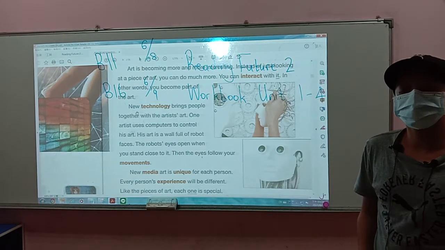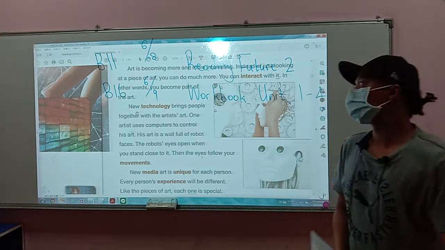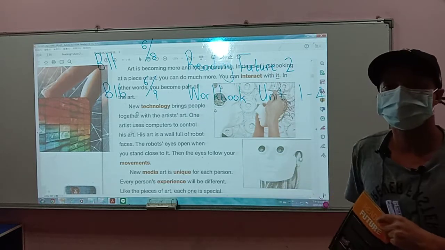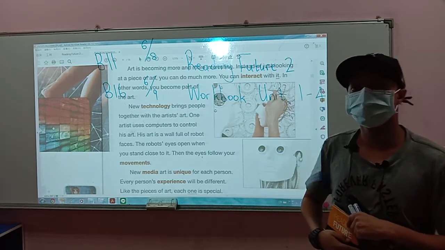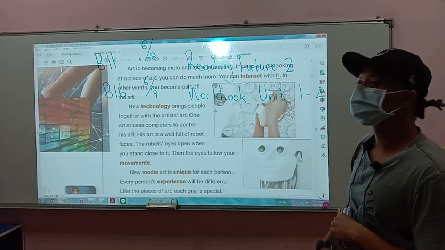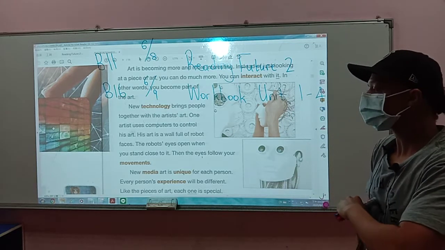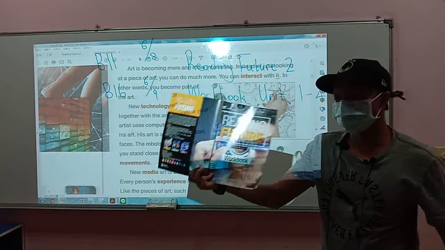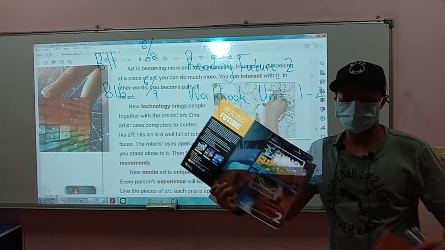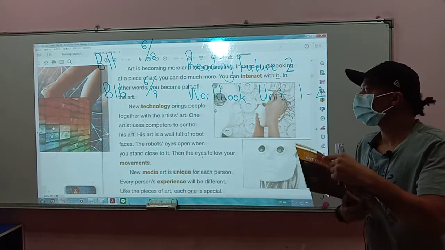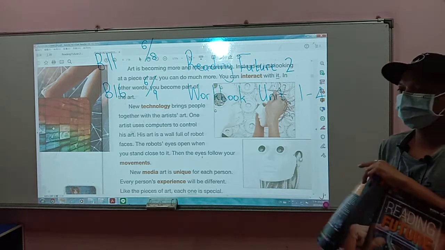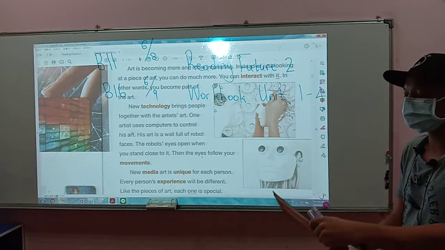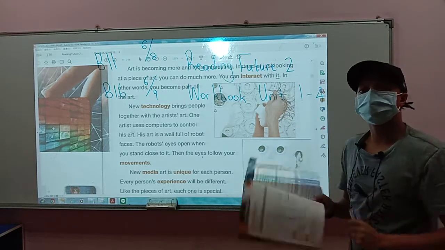Today our lesson is going to be a little bit different because today we are doing our Reading Future 2 workbooks. So I'm going to go through the workbook for Units 1 to Unit 4 with you. So you guys need to make sure that you have your student book and you also have your workbook with you. So please go and get those things now, and then we are going to get started and we will read the student book first, and then afterwards we will go through the answers in the workbook.